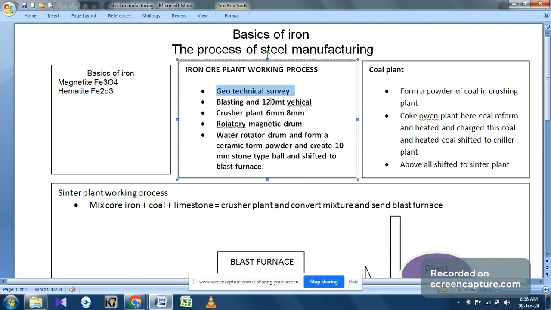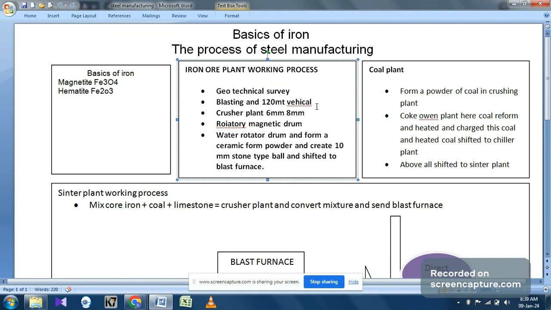Then, if there is iron available, blasting is conducted there, and with the help of this blasting, it breaks down into small pieces, and this material is shifted by a 120 metric ton vehicle to the crusher